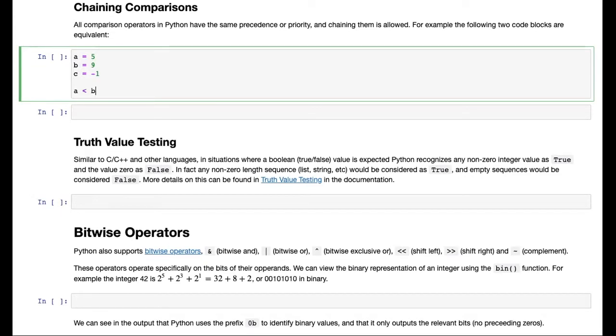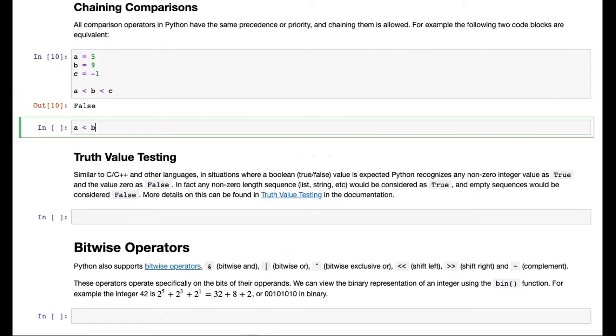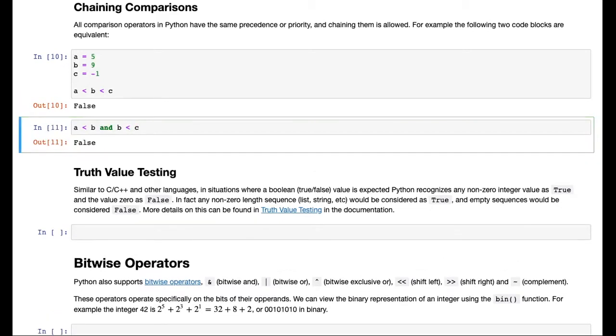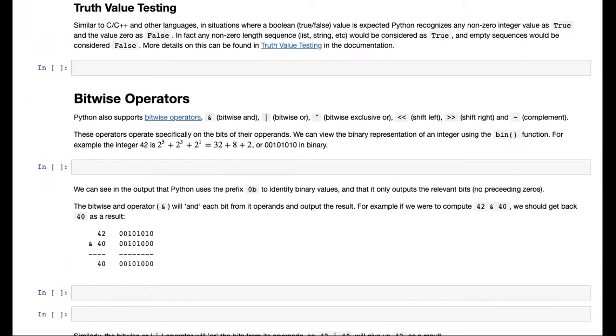A is less than b, which is less than c. And this works just as you'd expect. Or maybe to be more clear, this a is less than b is less than c is actually equivalent to a is less than b and b is less than c. So you can see how chaining these types of operators can make things a bit more readable and certainly easier to write. Now, before I move on to bitwise operators, there's one more topic that I'd like to discuss, and